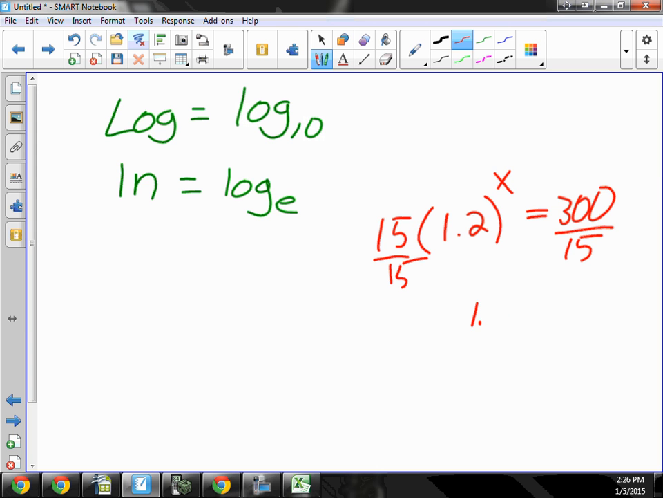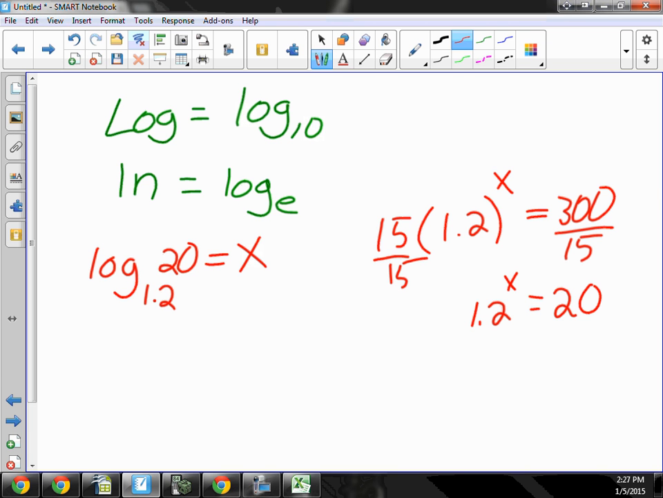So I get 1.2 to the x equals 20. And here's the problem we ran into. We didn't know how to get the x out of the exponent, but we've now come up with 2 ways to do it. One is just convert straight to logs. So what would this be written in logarithm form? Log base 1.2 of 20 equals x. That's one way. Okay? The other way is to use